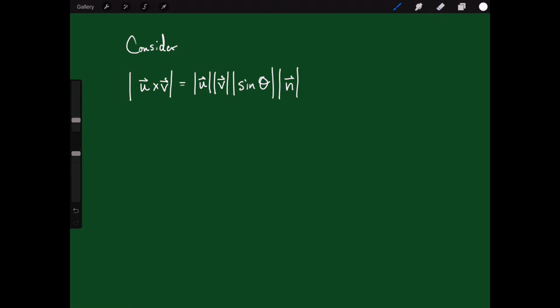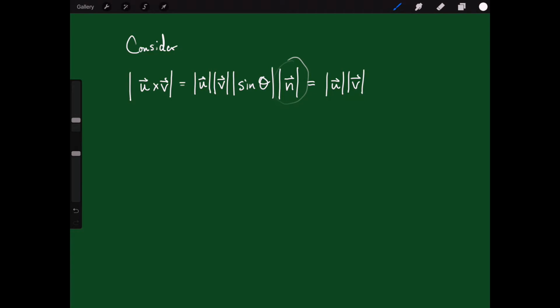Now, the absolute value of a normal vector n is really not that... and this vector n right here, we know that that vector is a unit vector. So the magnitude of that unit vector is just 1. So you just end up with the magnitude of u, magnitude of v,